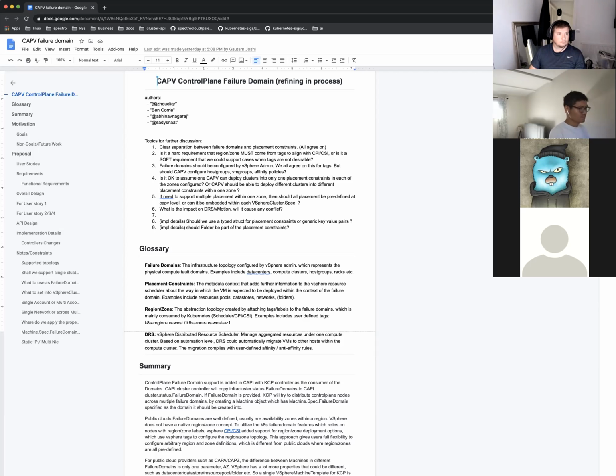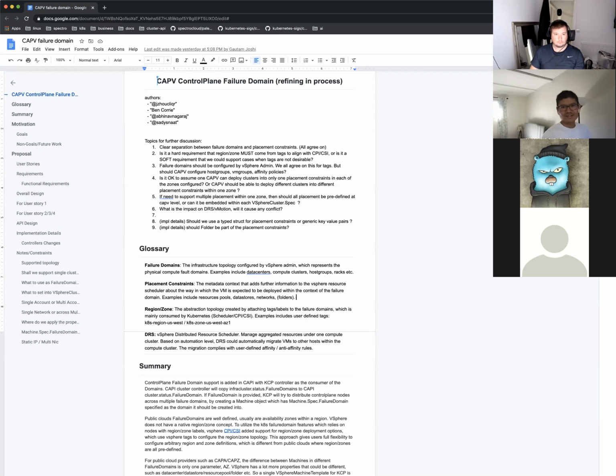My unease with the idea of having CAPV be able to manipulate vSphere is that, for a vSphere admin to be giving CAPV, well, that's not true. Actually, let me step back on that. CAPV is going to be creating VMs, so it's already manipulating vSphere, and it's already going to need vSphere credentials in order to do that. So maybe for CAPV to be able to create host groups is actually no big deal. Is there a compelling reason to not allow it to do that?